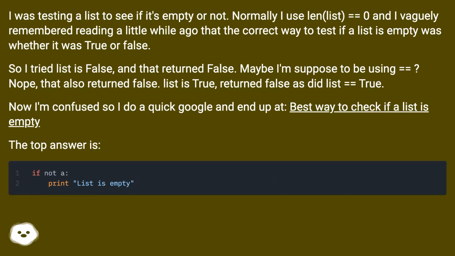Maybe I'm supposed to be using ==? Nope, that also returned False. list is True returned False, as did list == True. Now I'm confused, so I do a quick Google and end up at "Best way to check if a list is empty." The top answer is: